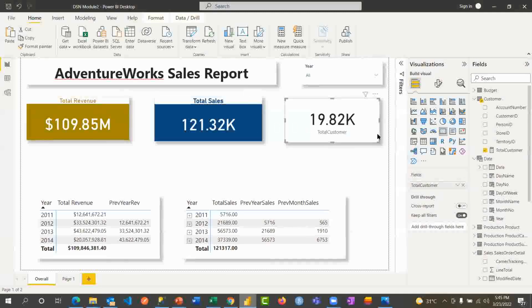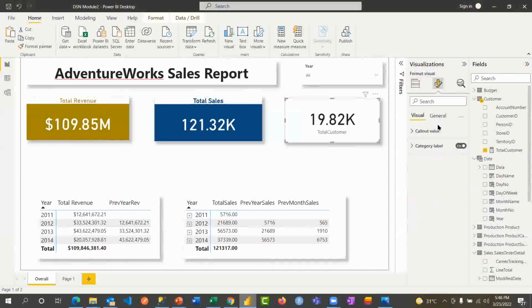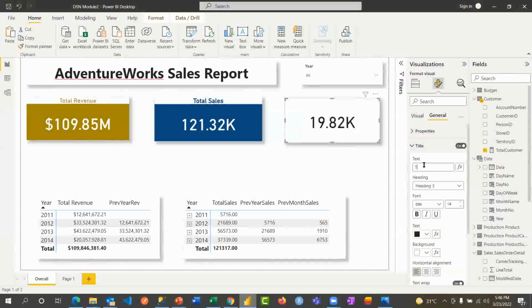this, customer is good, right? I might use a different thing for customer, but let's do a similar thing before we start dimensioning our report. Okay, for customer, let's go to general and switch on the title, switch off the category, and on title, call it total customer, increase the font, centralize it,